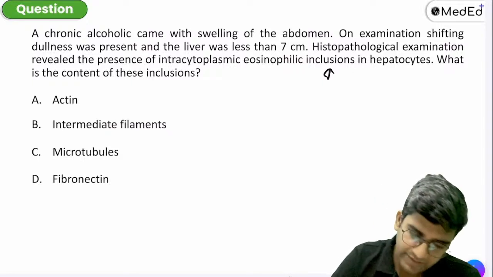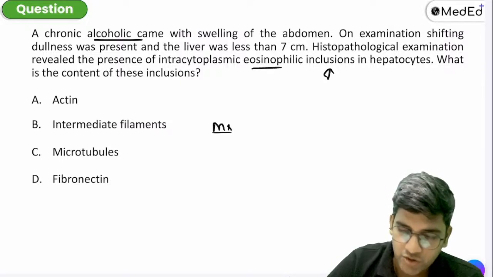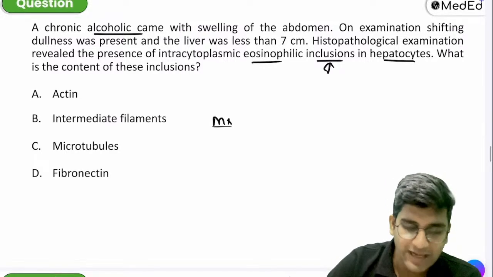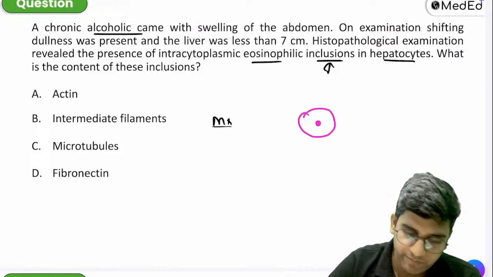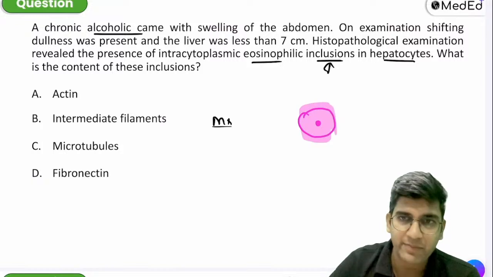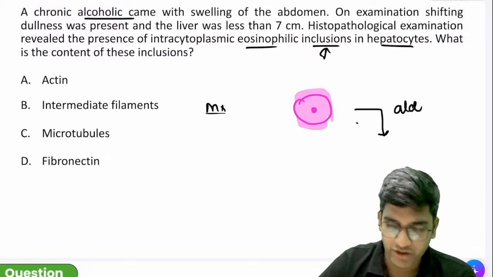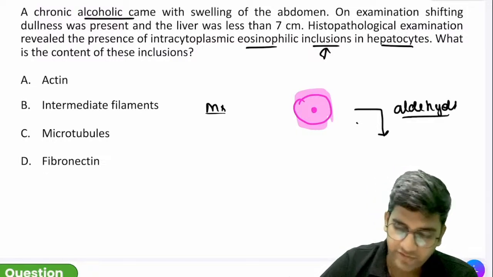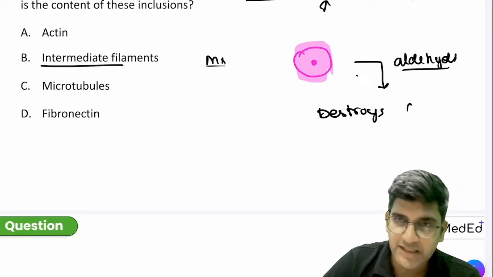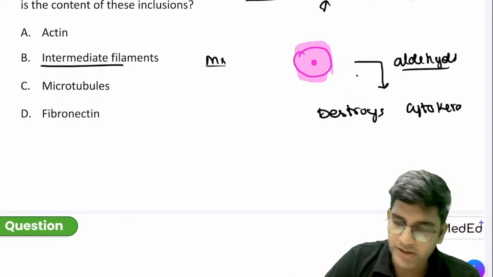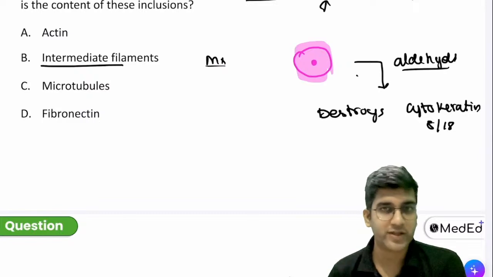So here, the patient is having an alcoholic liver disease, right? And in the microscopy, what I'm seeing is an intracellular eosinophilic inclusion in the hepatocytes, right? So what happens here is, let's assume this is a normal hepatocyte with lots of pink cytoplasm, right? Normally hepatocytes will have a very pink cytoplasm. When the person consumes alcohol, the aldehyde of the alcohol is a toxin, right? So the aldehyde destroys the intermediate filament, or destroys the cytokeratin, right? Cytokeratin 8 and 18, these are the cytokeratin numbers seen in a hepatocyte. That will be destroyed, right?